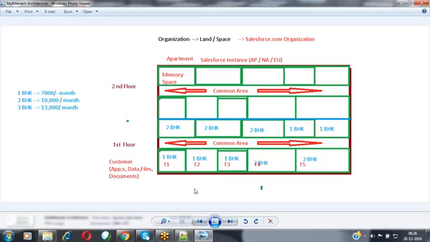In the North America region, you are having from NA0 to NA45. Totally 46 servers are there. In the EU region, we are having EU0 to EU6. Nothing but totally 7 servers are available.